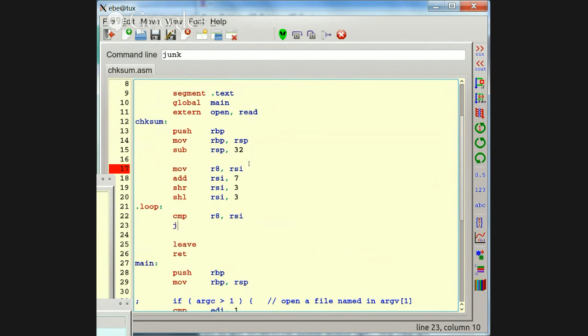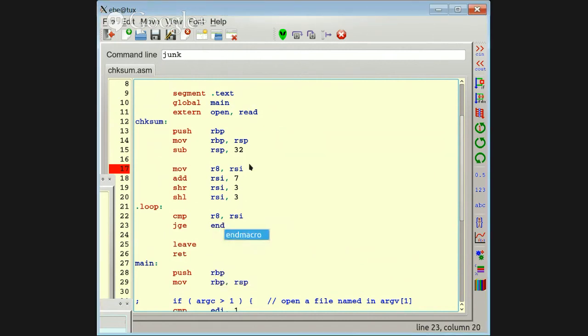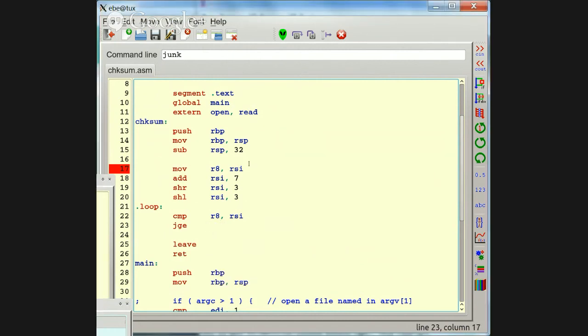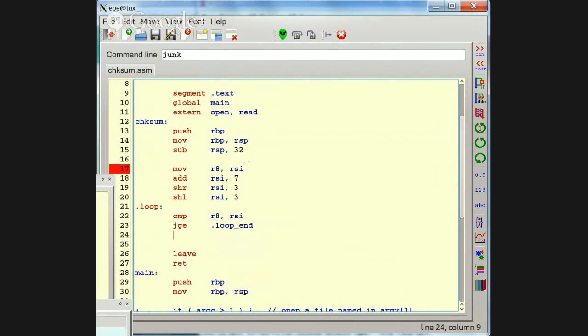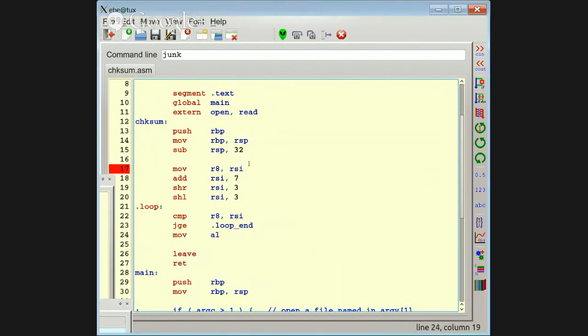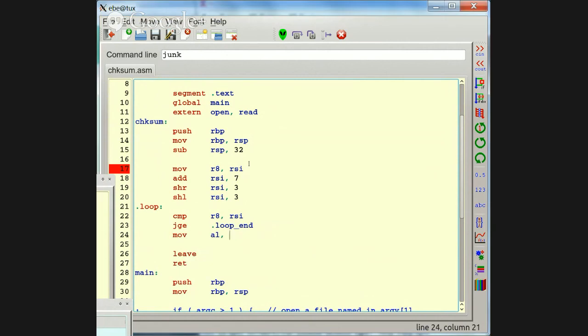So how about jump greater than or equal to .loop end, and we'll test it to make sure it looks okay, and then we'll need to move a byte into AL data. Data is now in the register RDI plus R8.